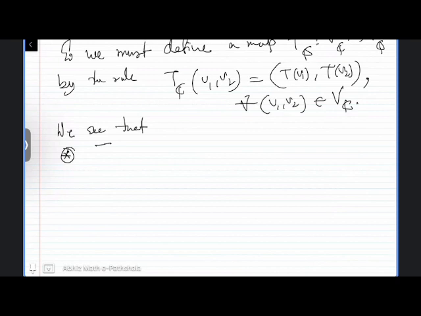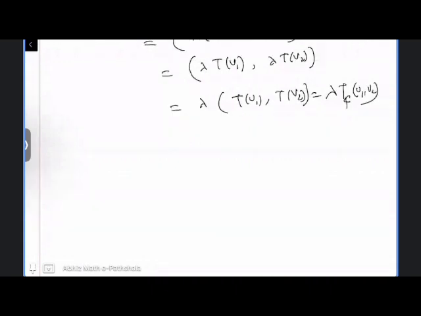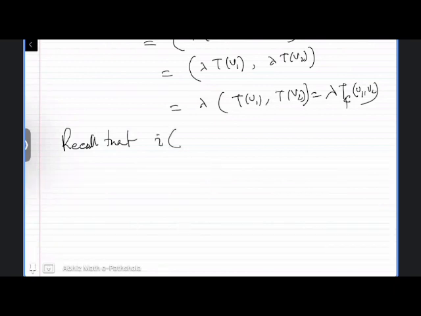Now we need to check whether this TC commutes with the imaginary unit I. Recall that we have already seen that to take the scalar multiplication of any element of the complexification with respect to I, it turns out to be (minus V2, V1), which implies